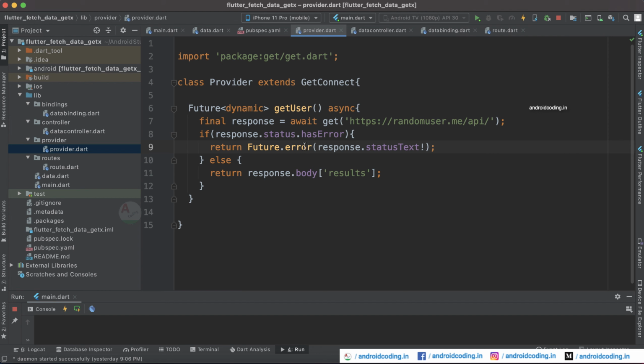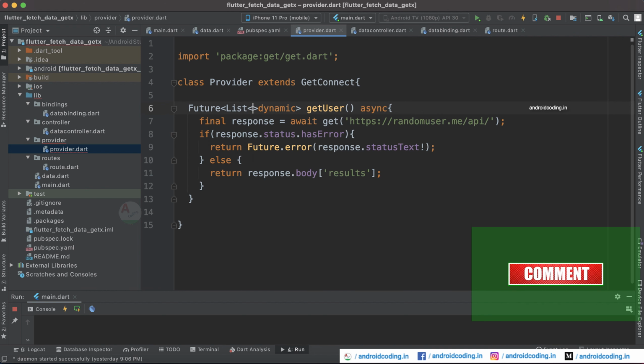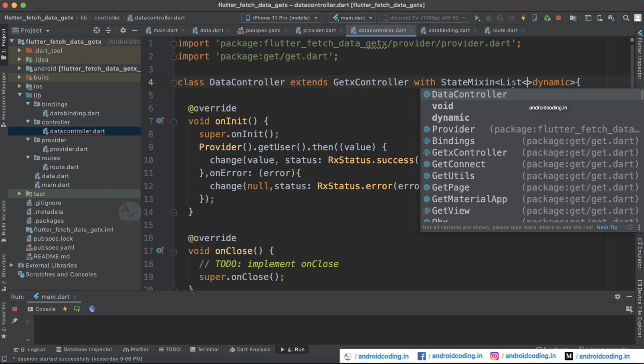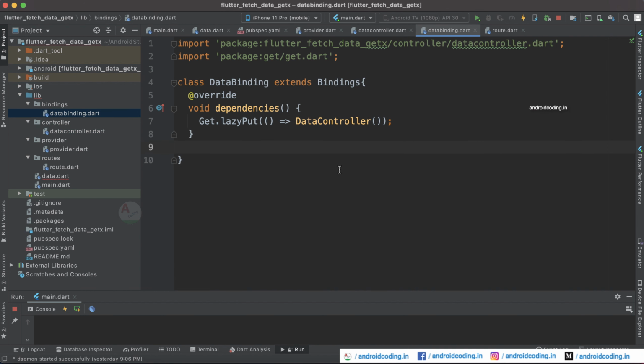We explained these things in our previous tutorial, and now instead of dynamic we need to use list of dynamic, because we are now passing data of type list. The same goes for the data controller: instead of dynamic, make it list of dynamic. Inside data binding there are no changes for now.